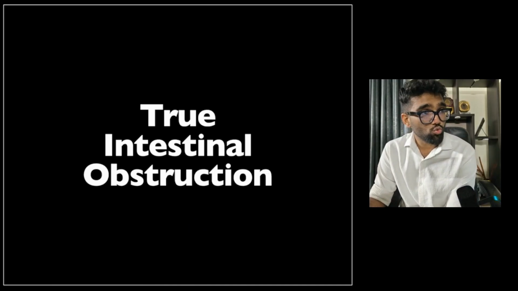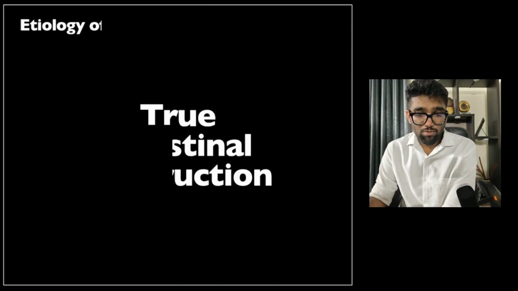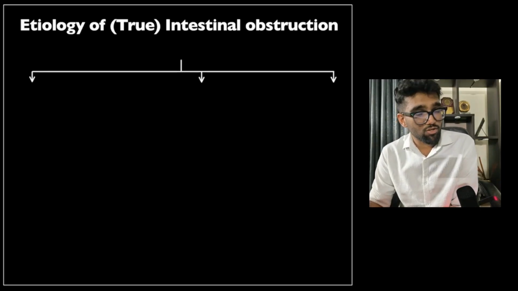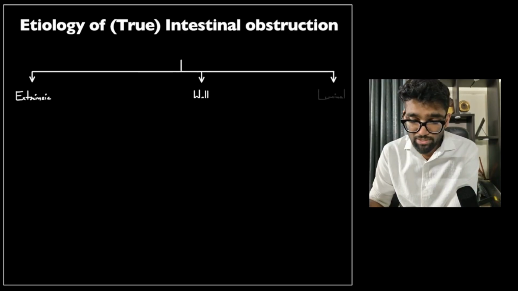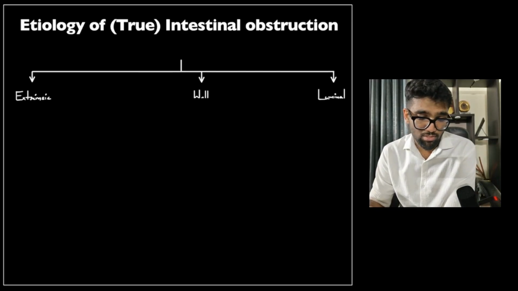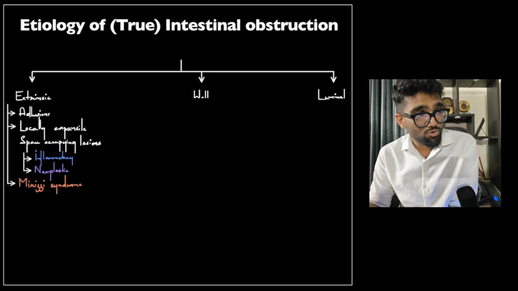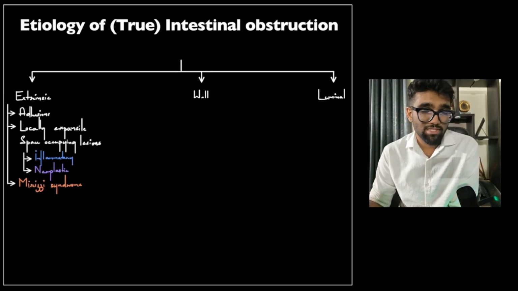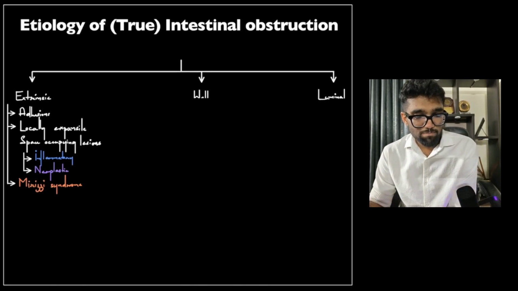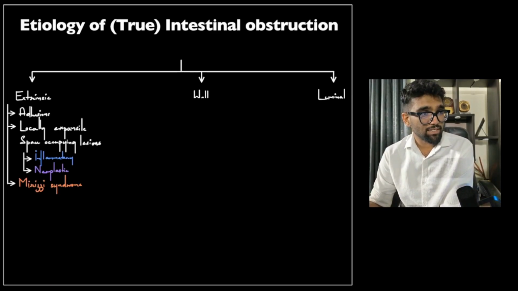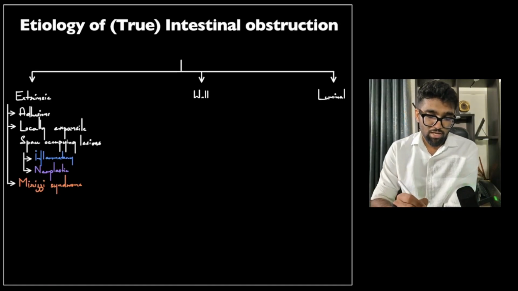Okay. Coming to quote unquote intestinal obstruction. Now, see, intestinal obstruction, when it is actual intestinal obstruction, can be due to extrinsic compression. It can be due to some pathology within the wall of the intestine. It could be due to a luminal pathology, as we've just discussed. So, extrinsic compression by far most commonly happens due to adhesions, and for that, usually the patient has had a surgery prior to this, or there is some kind of peritoneal pathology. Locally expansile space occupying lesions that are either inflammatory or neoplastic in nature involving the peritoneum can therefore cause intestinal obstruction. And there is obviously a special entity called Mirizzi syndrome, which is actually a gallstone that is present